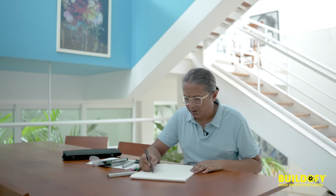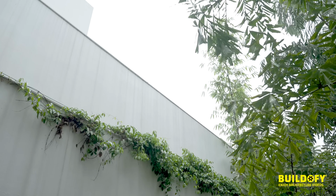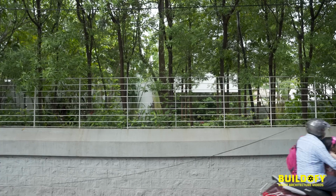The clients were very clear that they didn't want to necessarily make a show out of the building. So it became very interesting for me to experiment with the idea of an anonymous house or a faceless house. So we took that idea and thought, what if the house doesn't have a face? And instead of a white block, the white is probably the most neutral color, so we chose the white block. And it's also very important to the clients with this kind of weather that we reduce the texture,